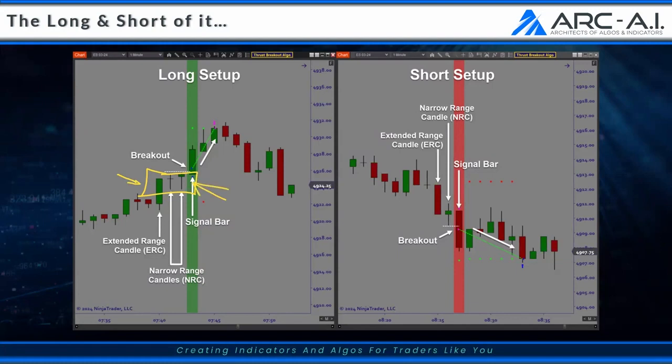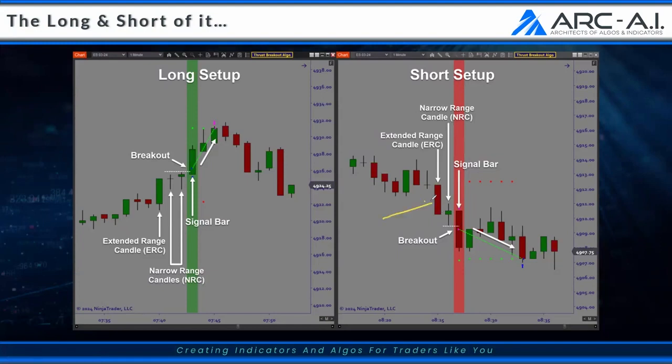Simple. Okay. Then we get the breakout. Where does the breakout go? It typically goes above the high. You can set it right at the high. You can set it above the high. You can optimize that too. We're going to show you how to do that. So in this case, it's trading just above that break. There's the entry. There's the target. Okay. The short, just the opposite.